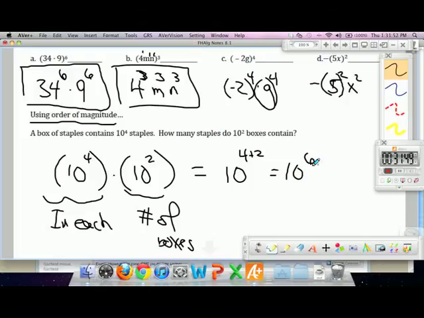What's nice about why we use powers of 10 is that powers of 10 are basically a 1 with the exponent number of zeros. So this is a million staples. This is 1 with 6 zeros. Is it kind of like scientific notation? It's exactly what you're using for scientific notation. Yes. Orders of magnitude and scientific notation go hand in hand. So this is saying you have 10 to the 6th, or a million staples. So then if you have a negative exponent,